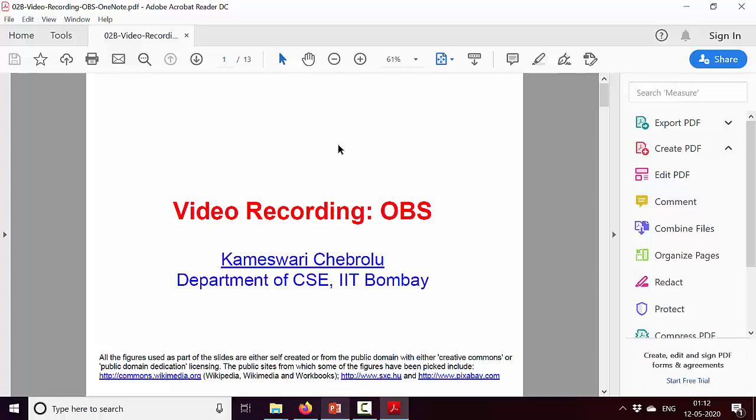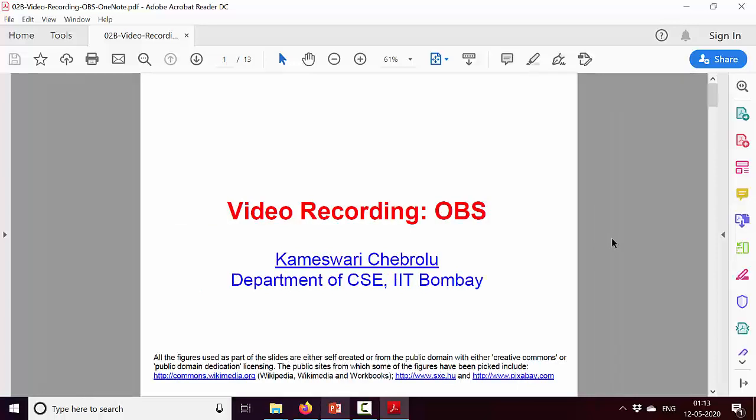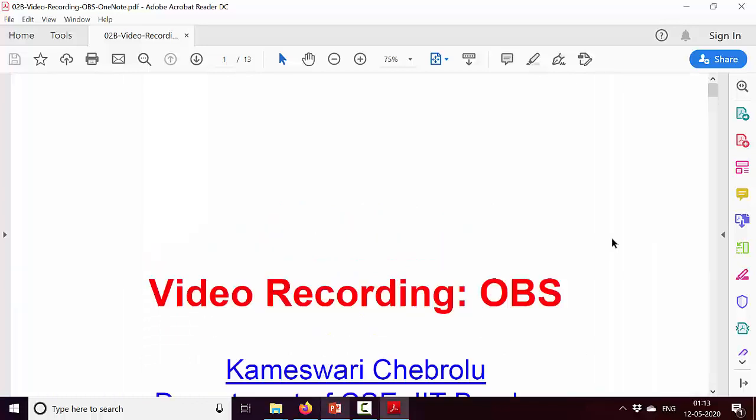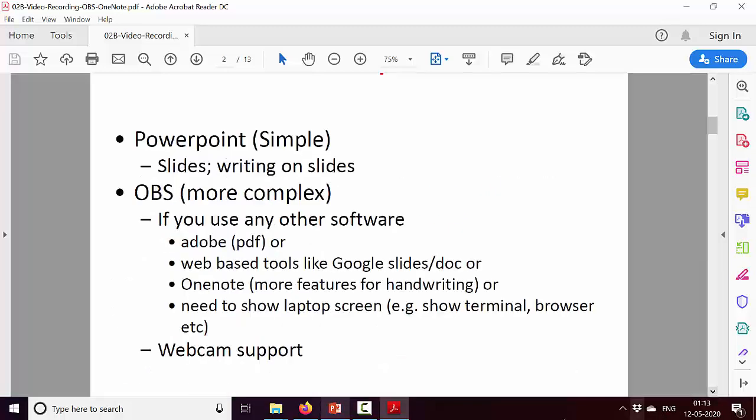So I have opened my slides using Adobe PDF. You may assume that the OBS start recording is on and I have landed in this window and I'm now ready to start my lecture and I want to use the pen tool. So for that, this is what I need to do. First, I'm going to give more screen space to my lecture. You can also use Ctrl++ to increase the size and then this button to go down. You can do Ctrl- to get back.